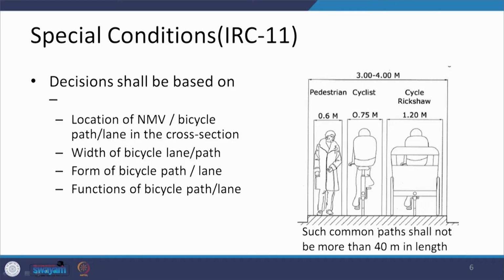Now, another thing is that there can be certain specific conditions where we need to take decisions. Then what should be the points on the basis of which we are going to take these decisions? The decisions are going to be on the basis of the location of those facilities in the overall cross section of our road system. Are we going to provide them along the footpath? Are we going to provide them just after the bicycle lane,